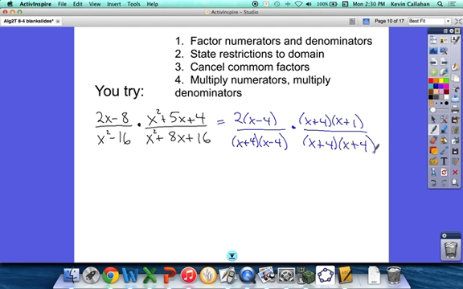Okay, what are the restrictions? X does not equal what? 4 and negative 4. And then these are both negative 4s anyway. So 4 and negative 4. Cancel. X minus 4 cancels x minus 4. X plus 4 cancels x plus 4. Anything else we can cancel? No. So this equals 2 times x plus 1